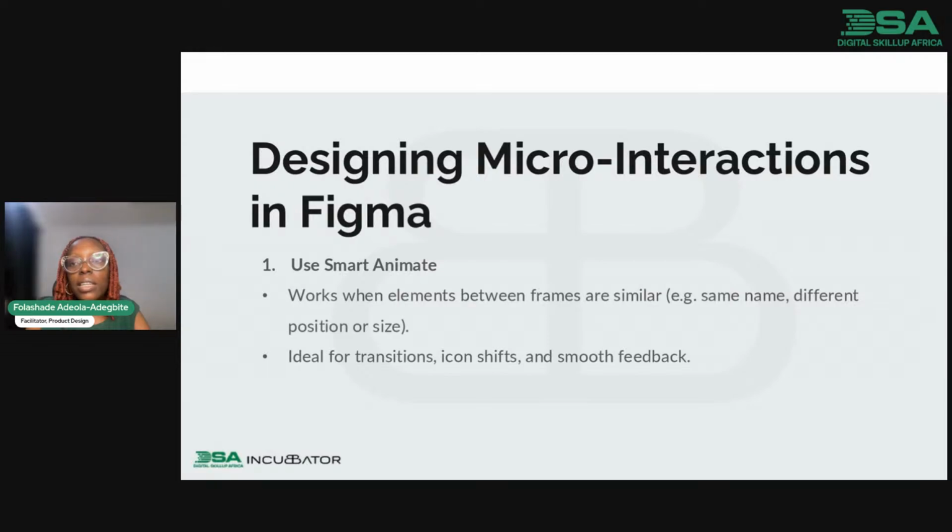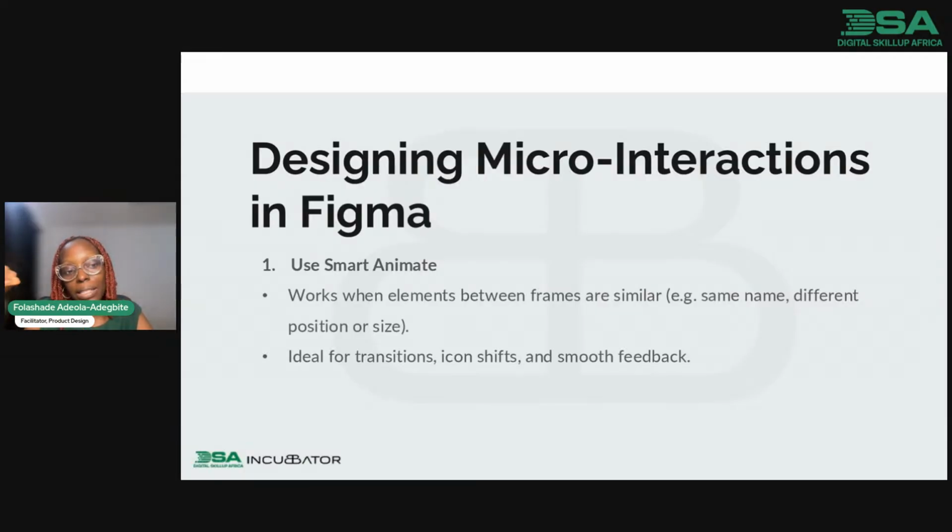So designing micro interactions in Figma. Number one, for you to design micro interactions in Figma, you need to use Smart Animate. It works when elements between frames are similar, e.g., same name, different position or size.